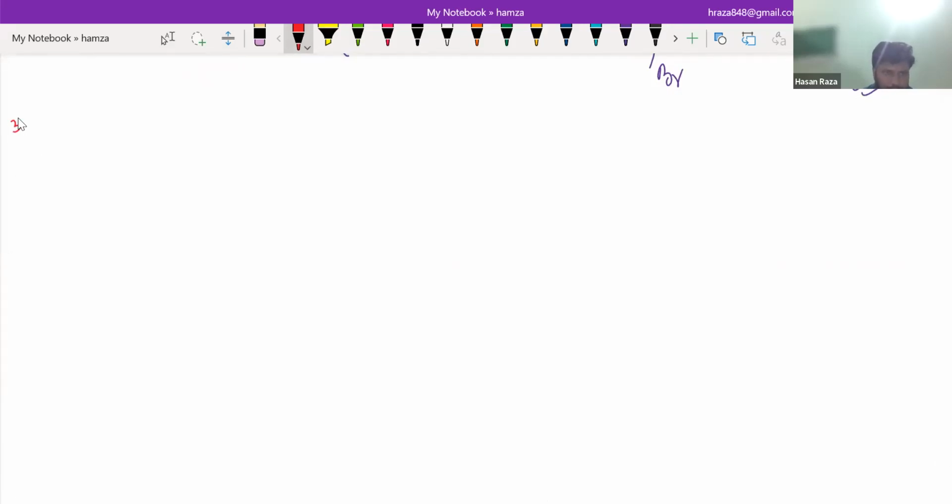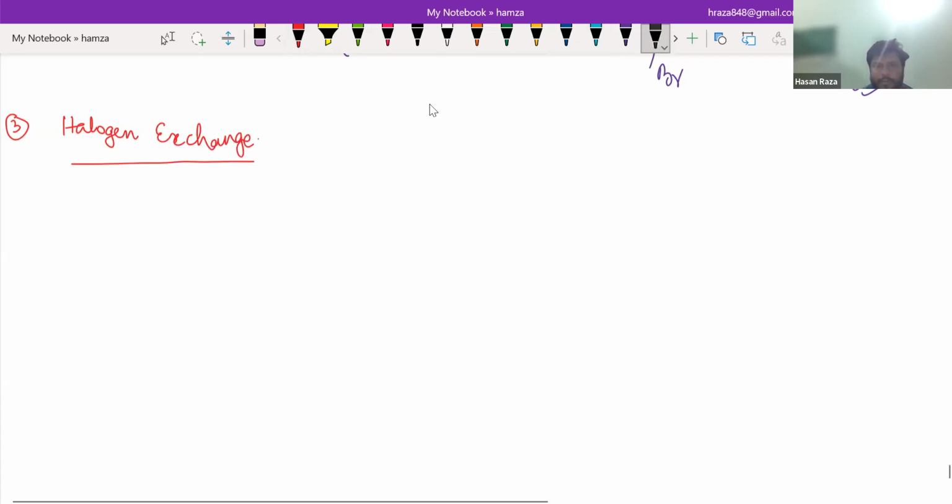This is the third method, which is known as the halogen exchange method. Halogen exchange. Now we have two parts here. One is the Finkelstein reaction and the second is the Schwarz reaction. So we are going to talk about the first one,